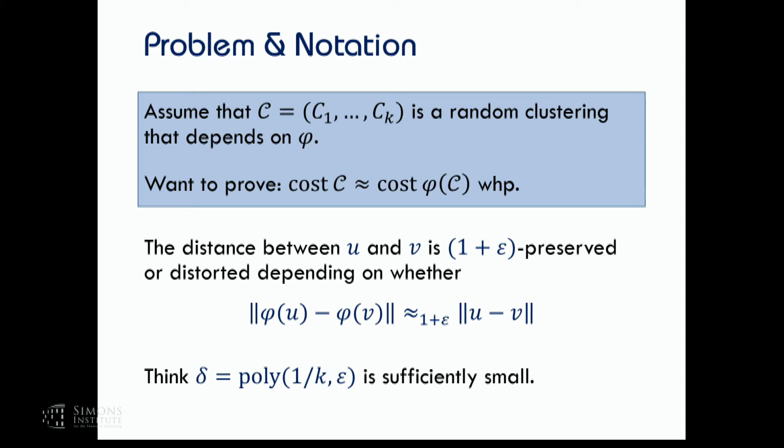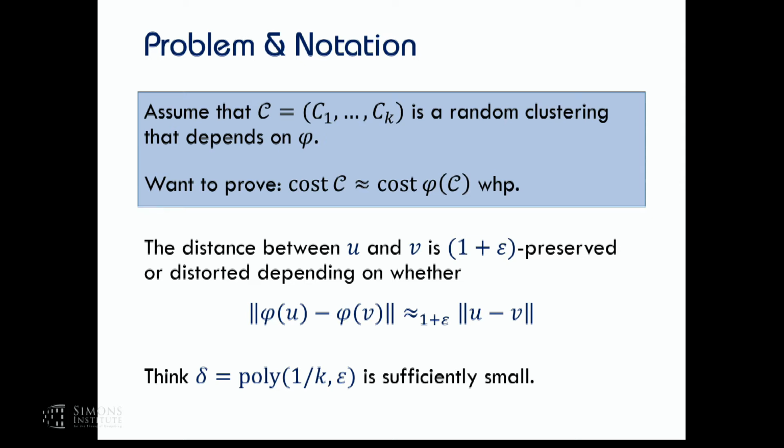Then C is a random clustering because phi is random, and you may assume that C is simply a function of the random projection. We want to prove that the cost of this most distorted clustering C is approximately preserved under dimension reduction